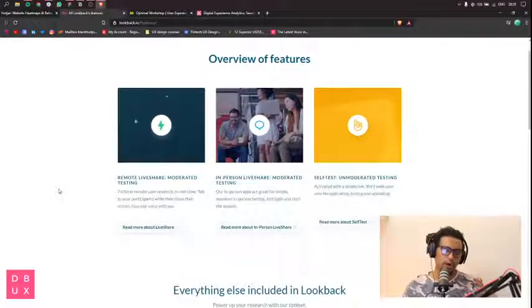I think the cool part about Lookback and the next tool that I'm going to show you is really around capturing the feedback and having all of the feedback in one place. Because when you try to do it the DIY way, if you decide to just use a video conferencing tool like Skype, Whereby, Google Meet, or Zoom, you can record the session, but the way that you capture your feedback, traditionally you would do it with sort of like a double-sided mirror type of scenario,